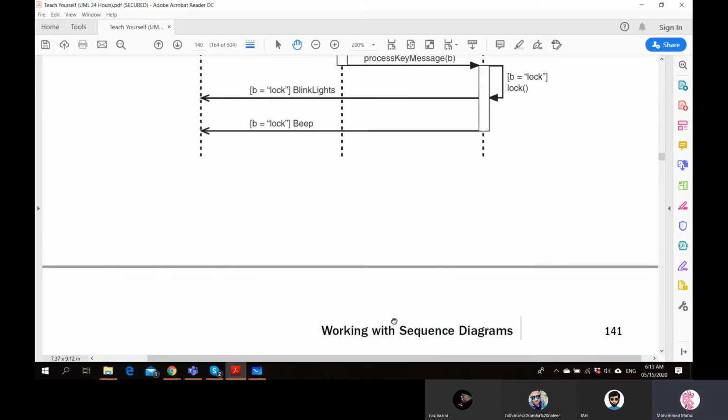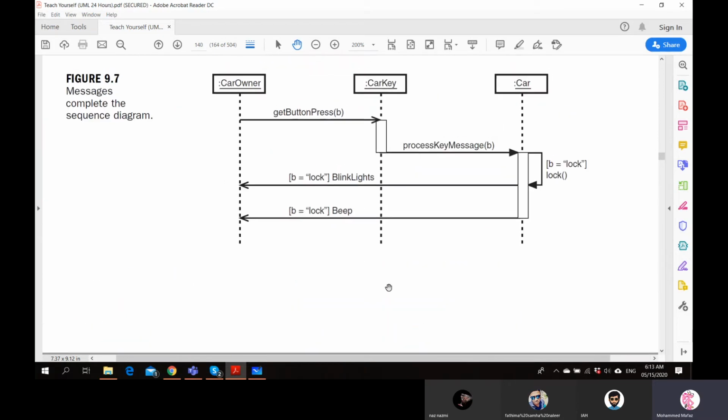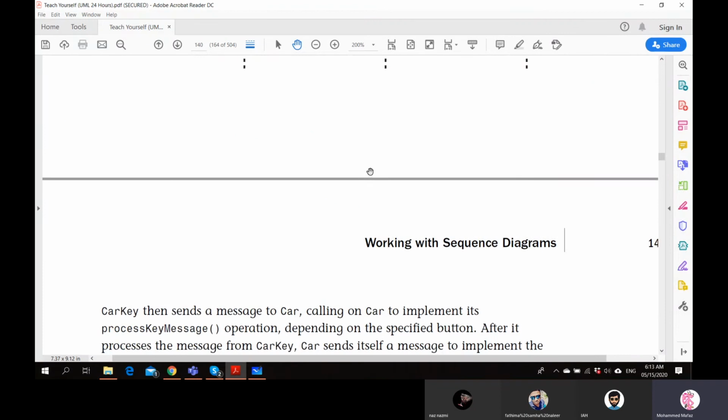Itself. One thing is happening. So generally this is a normal scenario, no? When you're locking a vehicle, it will lock itself and then send the signals back. All happen at the same time. So here we can't say same time in a sequence. Basically, we have to put it in an order, right? This is happening, then this will happen, then this will happen, something like that. That will give an idea.